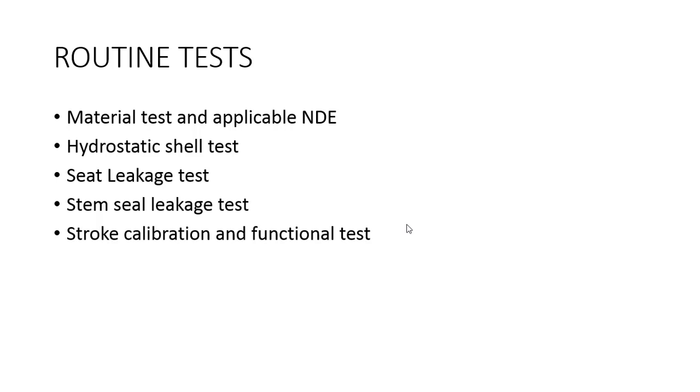As we have discussed in the code and standard session about the applicable material standard, that is ASTM, American Society of Testing and Materials. A common cast carbon steel material is ASTM A216 grade WCB. This material will be tested as per ASTM A216 specification for chemical composition and mechanical property. It is done for each heat and it is traceable by the heat number given by the foundry. There are other supplementary tests which are optional and can be done only if requested by the customer.